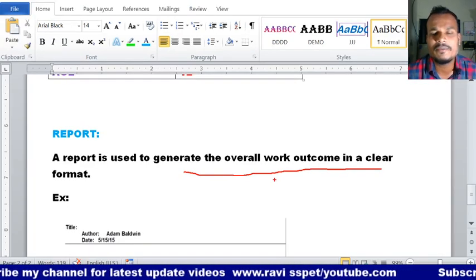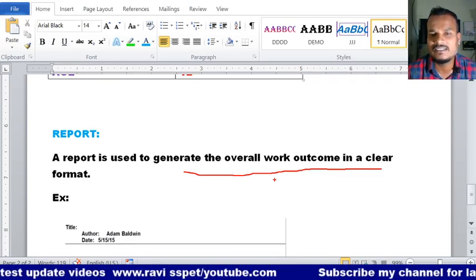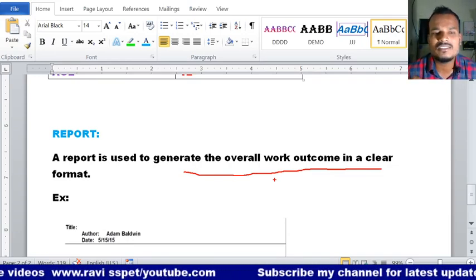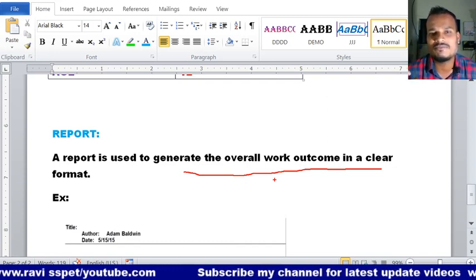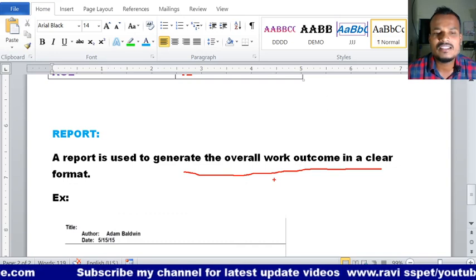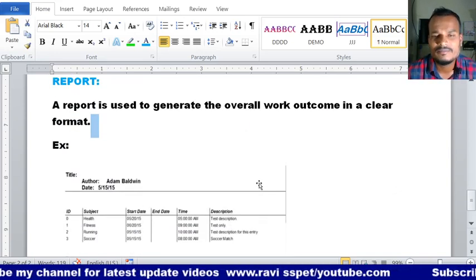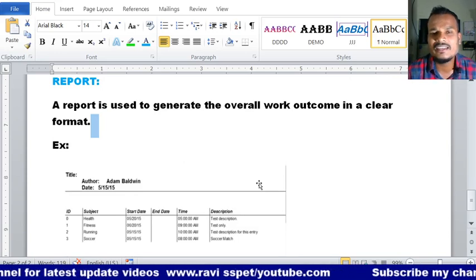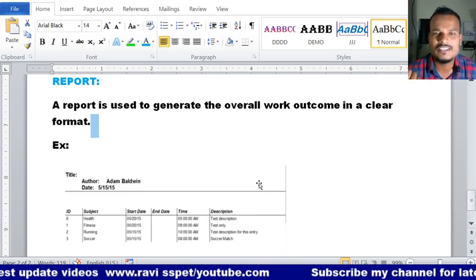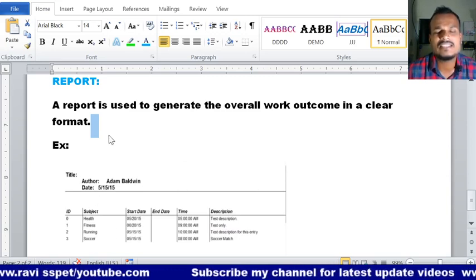Suppose you have done a work in a database, and you want the complete detailed report of that job. For that we have to prepare a report. By seeing that report, we can see all the details of that job. This is the example of a report.